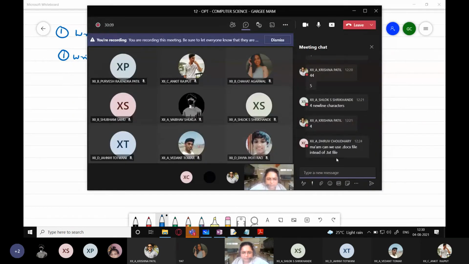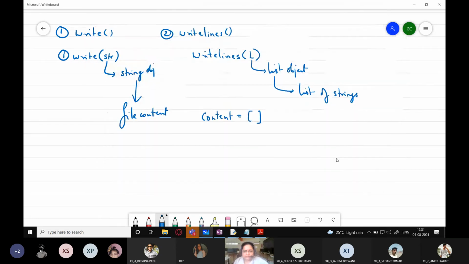No, dear, a docx file you cannot use, because through a Python program you can handle simple text files. For creating a docx file, you might have to use some other library or module which will help you connect with the MS Word application, because docx files are documents relative to your application, which is known as MS Word, right?